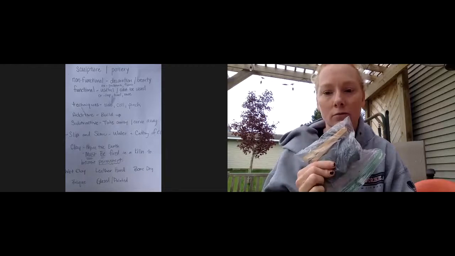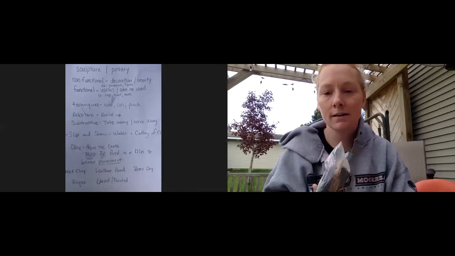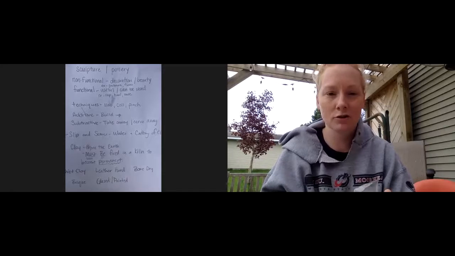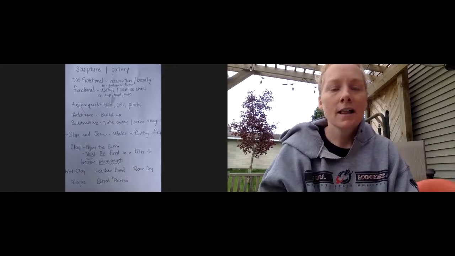So this is from the earth's surface. That means it's 100% natural. It's not like Play-Doh where it's man-made, or synthetic. This is natural, which is great because it's always nice to work with something that's just natural and nature made. The downfall to this clay, and listen carefully to this, when you're done with your sculpture